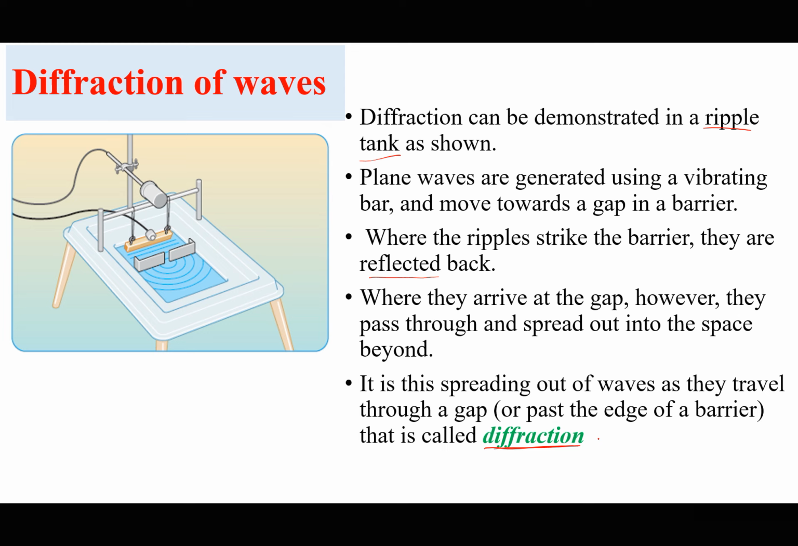So, diffraction is the spreading of waves into regions of geometrical shadow as they pass through a narrow gap or even as they pass past an edge. That is what we call diffraction. Now,